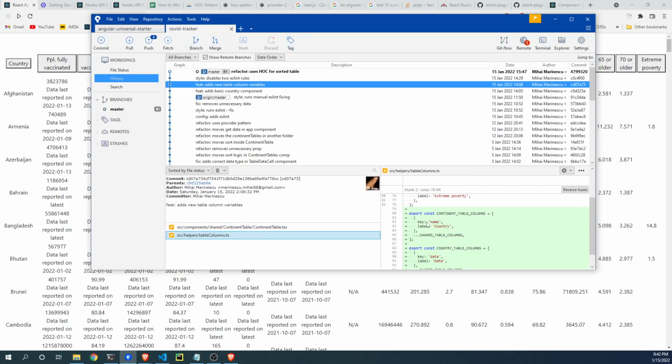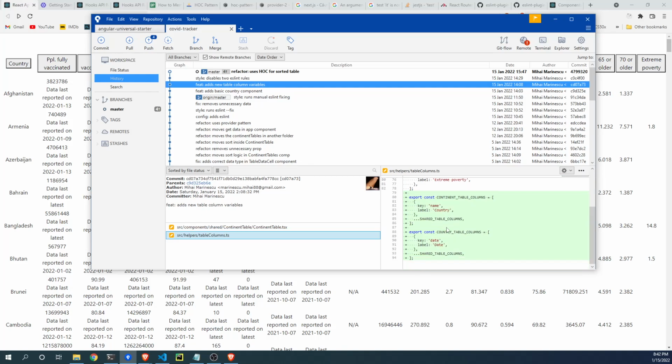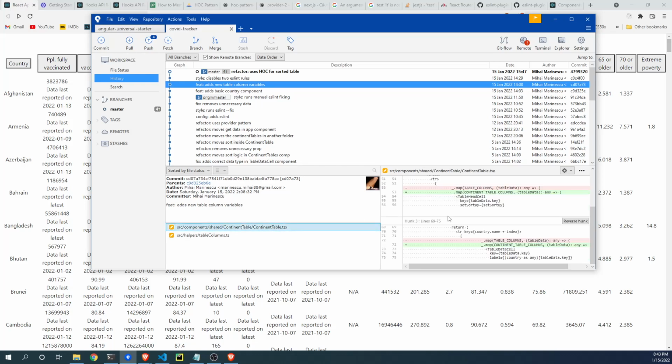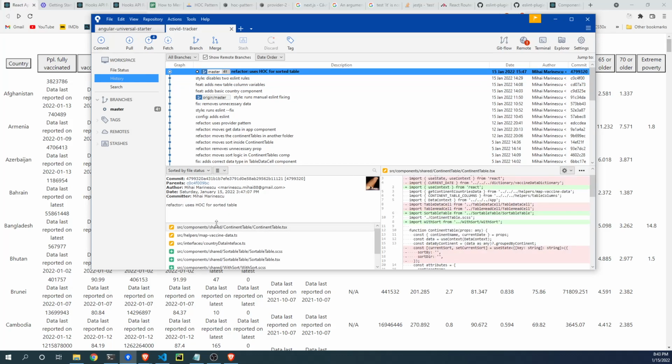So what I did was create a shared table columns, which was the old table columns, and made this continent table columns and country table columns. So the first column is different. On this we're gonna have the date because we're gonna have 100 days, and I'm taking this continent table columns. I disabled some rules because they didn't make sense, and I did a whole lot of refactoring by creating